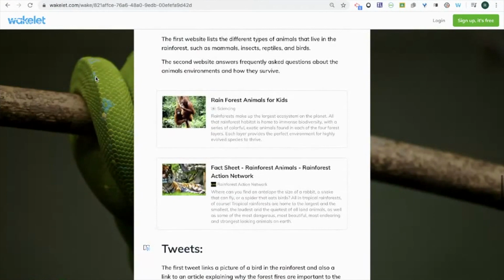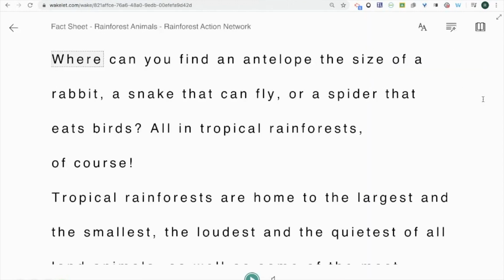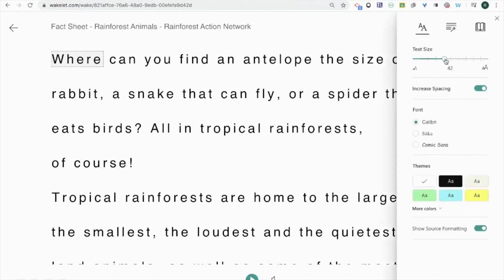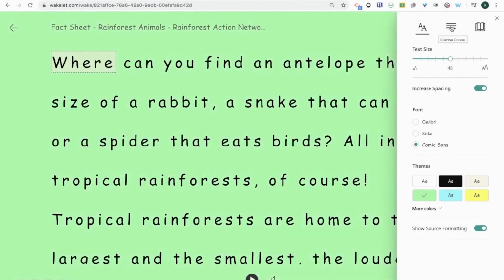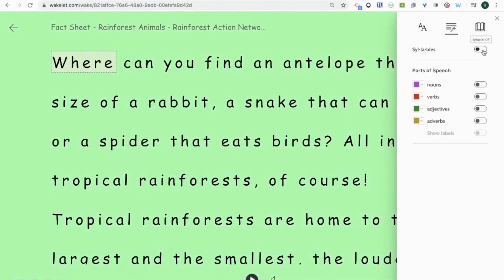It is important to mention that Wakelet has partnered with Microsoft and now has Immersive Reader integrated on its platform. If I click on the Read Mode option and an Immersive Reader, I can demonstrate it for you. You have text options, where you can increase the size of text, change the font and background color. You also have grammar options